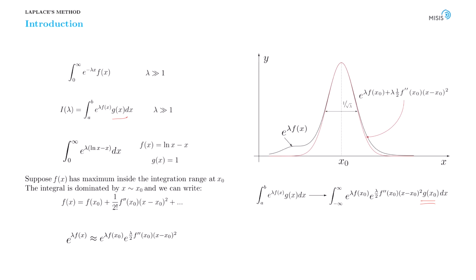And the final approximation is not to care about details of the original integration domain A and B, but instead to integrate from minus infinity to plus infinity. And this approximation is again justified by the fact that parameter lambda is large, and of course the function in the exponent is large only as long as x belongs to some tiny region between x naught minus 1 over square root lambda and x naught plus 1 over square root lambda. So basically the integration range effectively is determined by the width of the function f of x in the exponential. And we can forget about the true integration range.